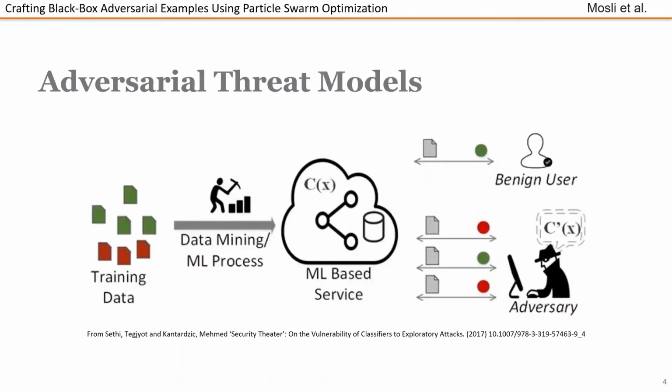A real-world scenario of how these attacks are carried out can be seen on the slide. In this threat model, we're assuming a remotely hosted black box target that accepts inputs over the internet and returns confidence scores for each output label. In this scenario, the adversary has no knowledge of model internals and can only rely on the confidence scores returned by the model. The issue with this kind of threat model is the difficulty to distinguish between legitimate queries and malicious queries that are building up to an attack. A clear indicator of an ongoing attack is the number of queries submitted by the same source. It is thus important that attacks in this area submit as few queries as possible to avoid raising any alarms.